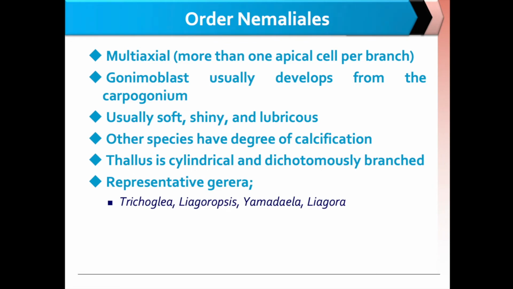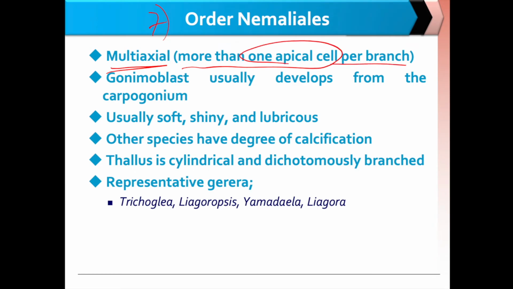So, tingnan natin, magsimula tayo dun sa order Nemaliales. So, yung order Nemaliales natin, hindi natin lahat i-discuss, yung mga importanteng portion lang, will focus on that. So, your order Nemaliales has, unlike your Batrachospermales, no, a multi-axial type of growth. So, anong ibig sabihin natin pag may, di ba, kanina, uniaxial, so isang apical division, parang ganun. And your multi-axial, since multi-axial siya, it has more than one apical cell per branch, yung hindi siya cylindrical yung